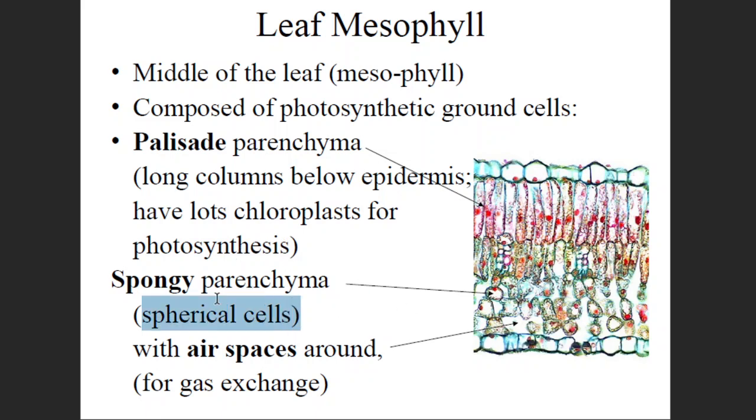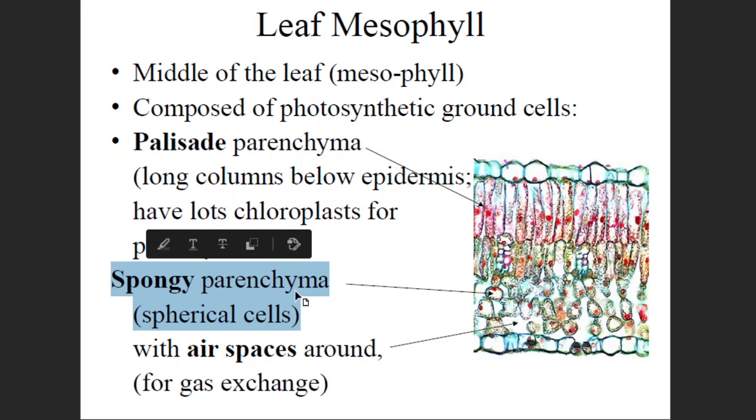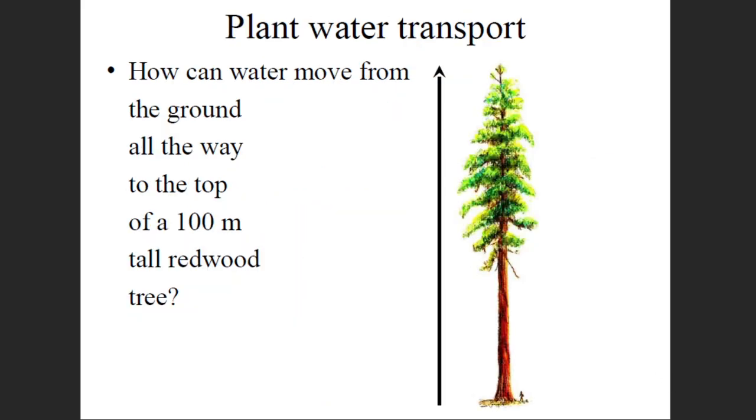It may also have spherical parenchyma cells, or we can call them the spongy cells. They may have air sacs or spaces within them for the exchange of gases and other components. So how this water is transported, we will discuss in some other lecture, that is transport of water and other components. If you have any doubt, you can ask.